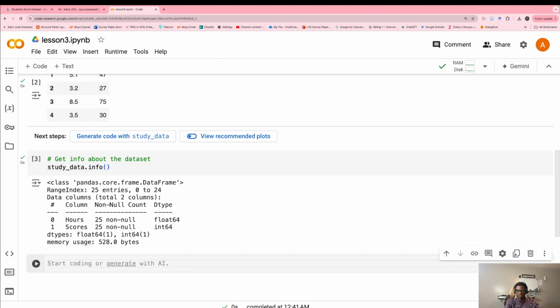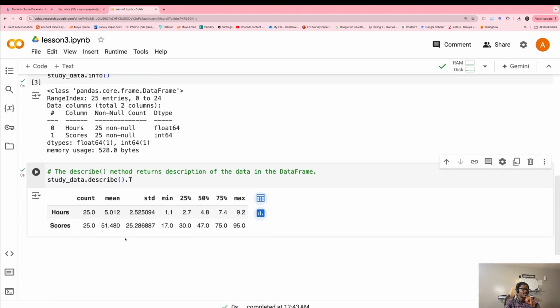The next one also is again to explore the data, because it's always good to know what is inside your data. So this one is just saying describe the data for me, what is in the data. For hours we have 25. Then the mean of it. If you don't know what mean is or how to calculate it, it's fine.